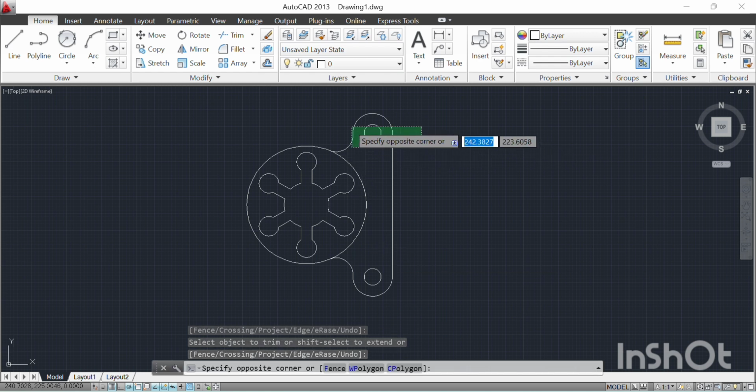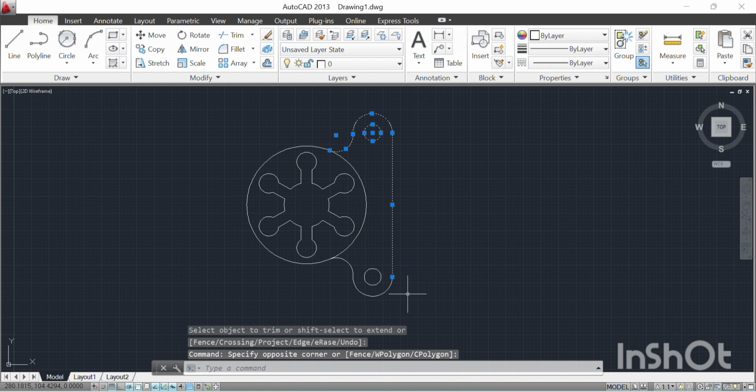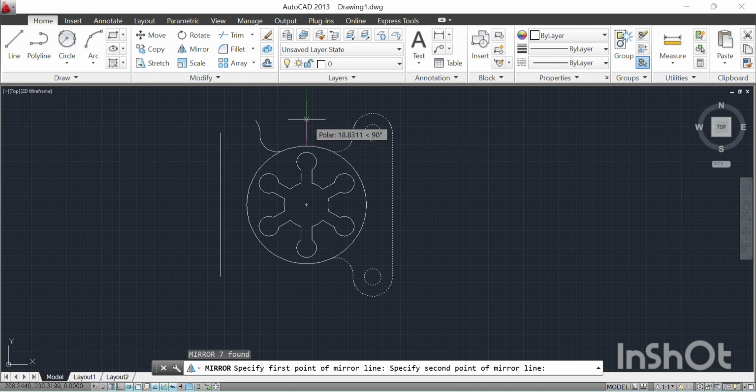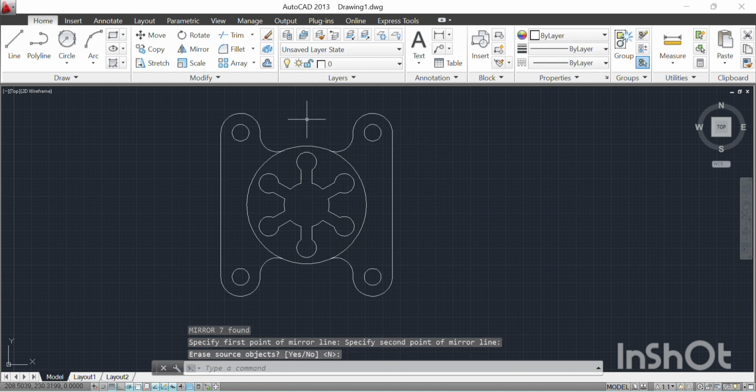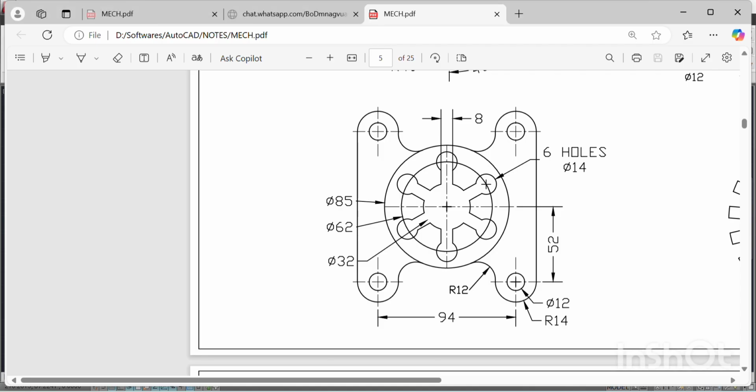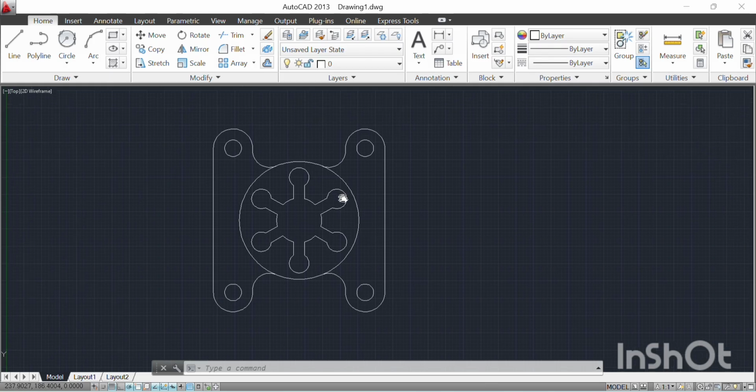Now we will make this geometry in the left side also, so just select it and make it mirror, MI enter and select on the midpoint and the upper side or lower side we can click anywhere. Vertical, here it is done. Now we can see the geometry like this is ready, and we can give the dimensions also if we want. Here we can see